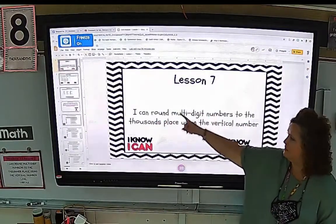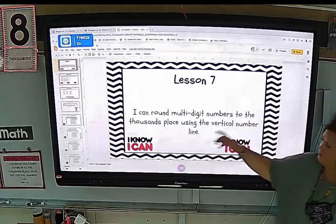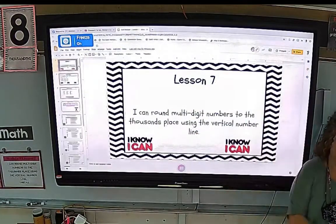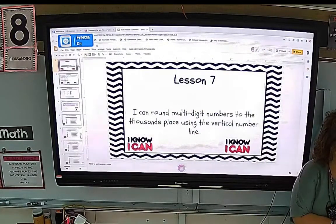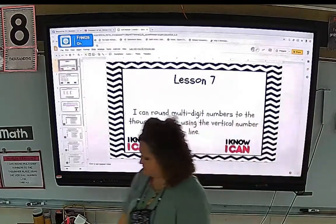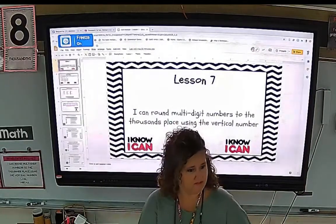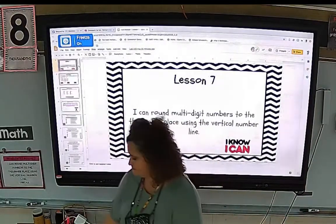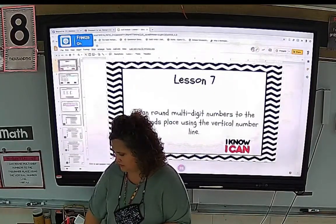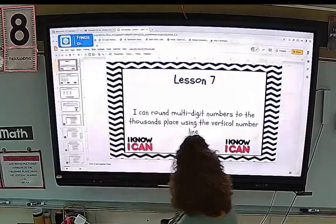Multi-digit numbers, we talked about that word, lots of digits or more than one at least, to the thousands place using the vertical number line. So I think we did pull in the thousands place a little bit last week, so that's not totally new. So this will be good to get us going again this week with rounding. We've got a few more lessons on rounding, and this is going to help maybe give us the practice that we need. Okay, for the practice today,